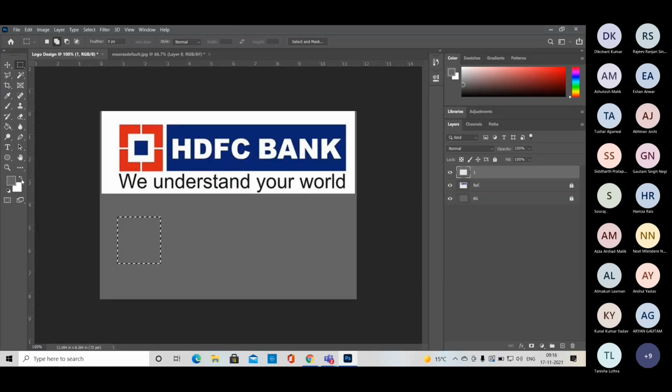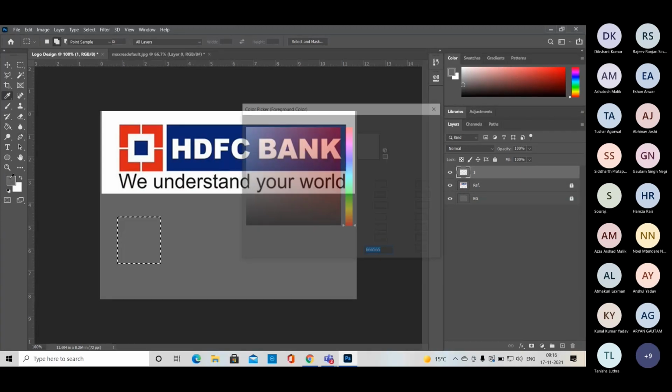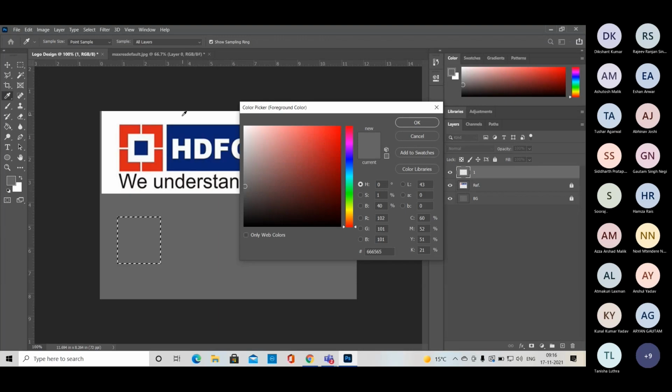Right now, okay, so we want to fill the same color, so just click here and you can pick the color. When you come on that reference layer, you just click, that's the color picker, it already automatically comes on a layer. So whichever color you want to take, just click it once, and you get the same color. Suppose we want to fill this color, or this color, or this color, just click it, so take the same sample, right? So I want to fill this white tone, so this one is my white tone, then I pick OK.